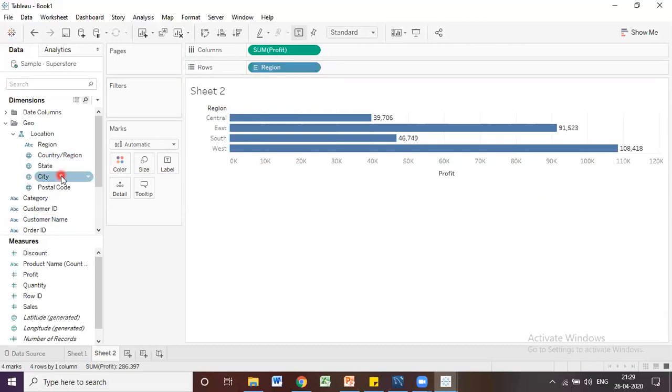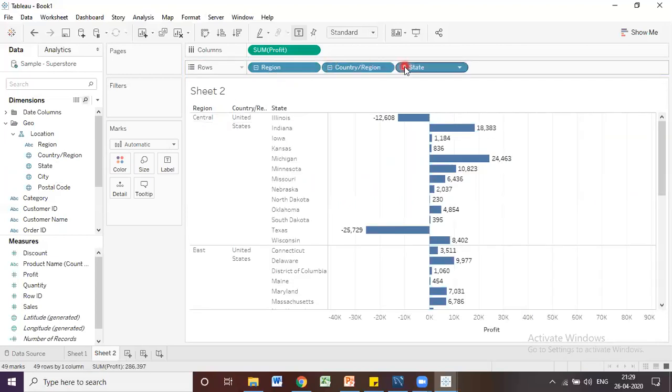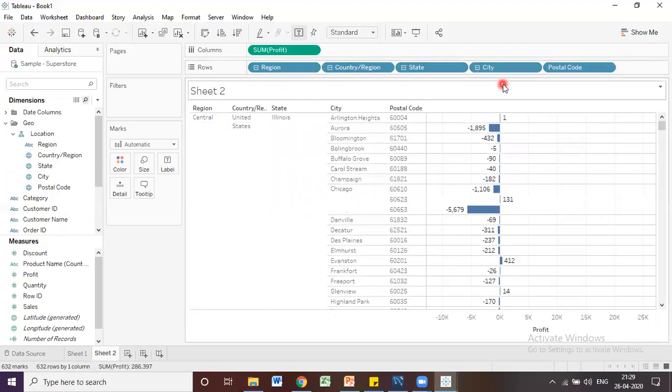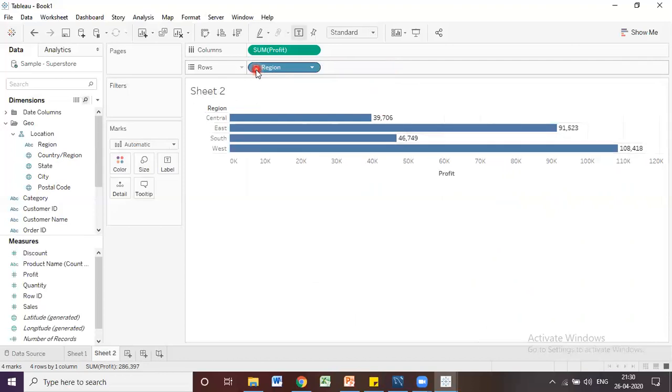So we have created hierarchies. That's why we are able to see this plus symbol. See, this is drill down. Once you click on plus, this is the drill down option. If you want to drill up, meaning if you want to see up to the country, you can just click on this minus symbol. Now you can see the data at country level: each and every region, what countries there are, and what the profit is from each country. And if you want to see the region wise profit, then you have to drill up one more step. Now it is showing the region wise profit.